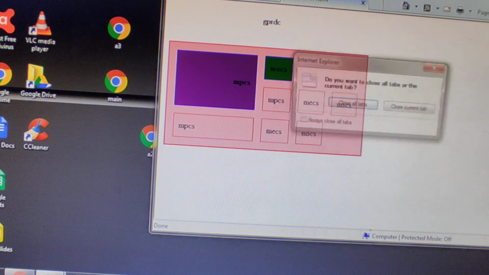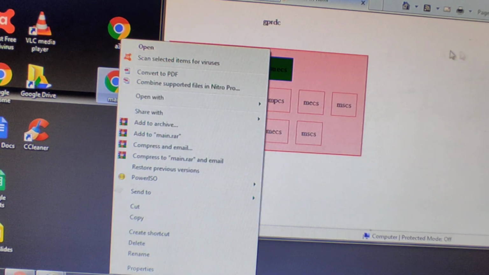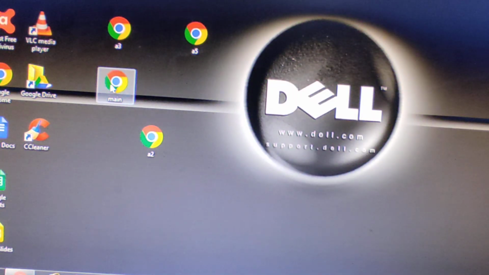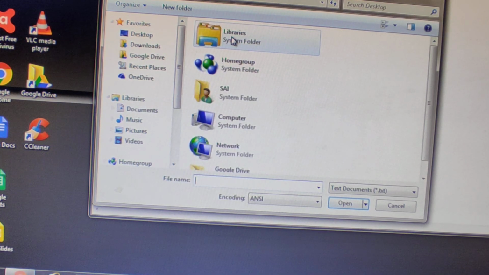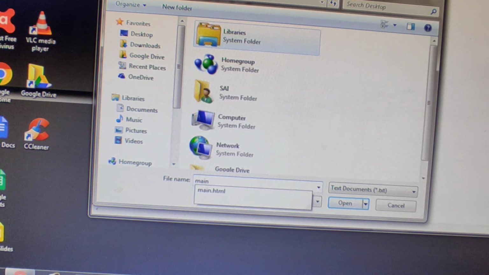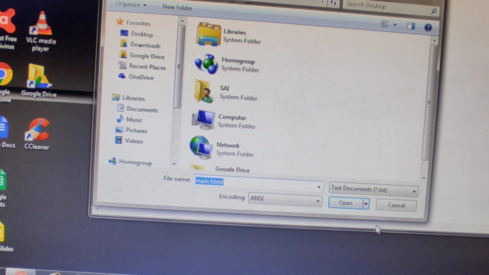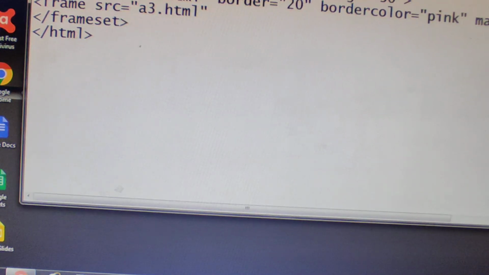Now where is the main file? This is the main file, no? Now I am opening the main file. File, open, main.html. So here I have given a code for frames, no?